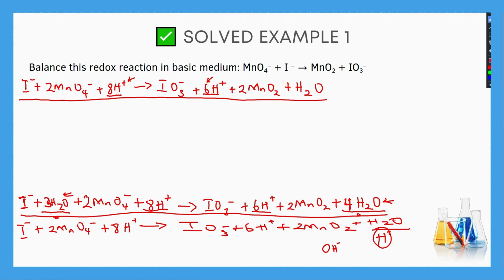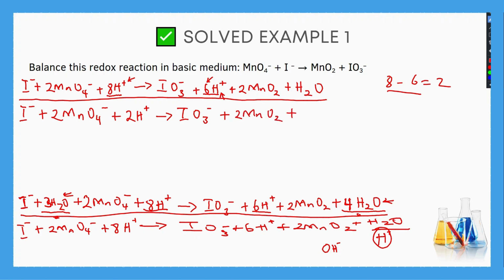So if we do a little cancel out, it becomes 8 minus 6, which is equal to 2. So what we now end up having is I⁻ + 2MnO4⁻ + 2H⁺, after we did that cancel out. And then we have IO3⁻ +. Now this 6H has to go because we've minused it. So we have